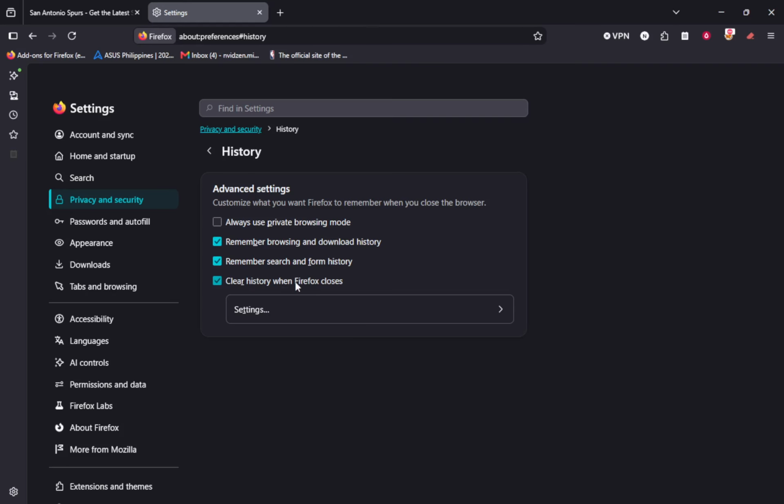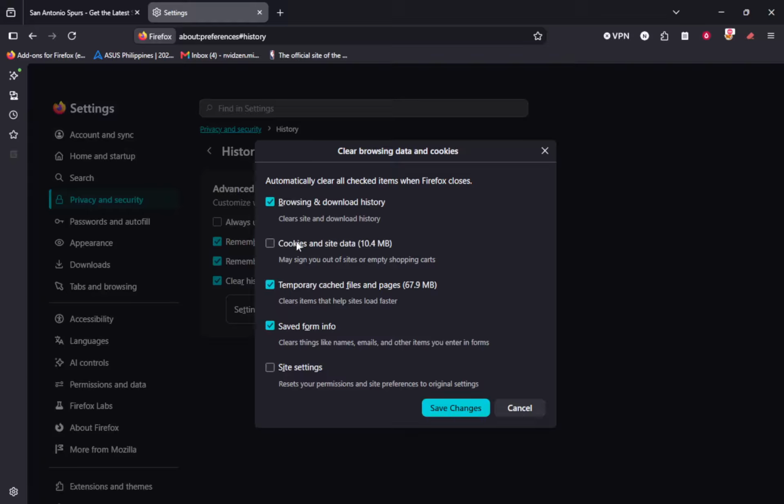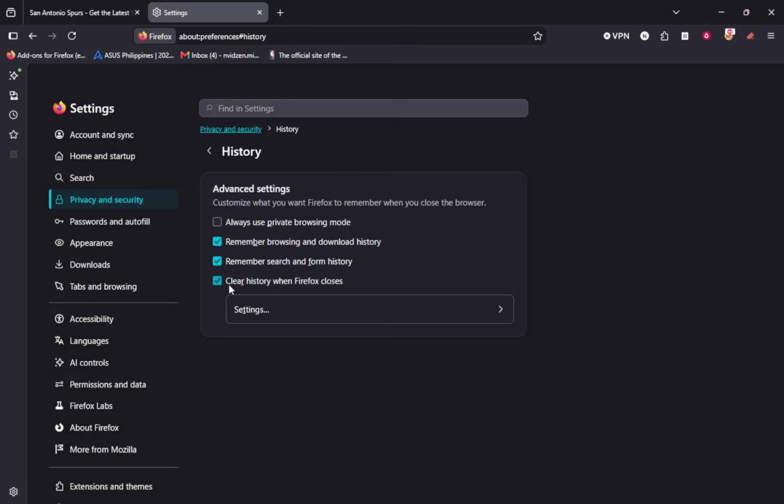With that ready, click the Settings button next to Clear History when Firefox closes. A window opens showing a list of data types like browsing history and form and search history. Tick the types of information you want Firefox to remove automatically when you close it. If you tick Form and Search History here, your recent searches will be wiped each time you exit Firefox, so you will not have to clear them manually again. You have now cleared your Firefox search history and set up optional automatic cleaning to keep it that way.